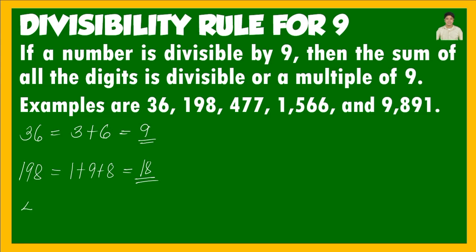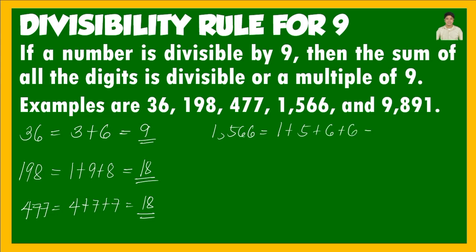Next, 477. So 4 plus 7, that is 11. Plus 7, we also have 18. So 477 is divisible by 9. 1,566. So 1 plus 5 plus 6 plus 6. We also get 18. Therefore, 1,566 is divisible by 9. Finally, we have